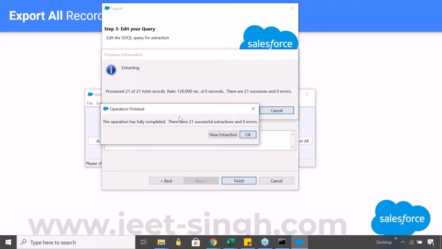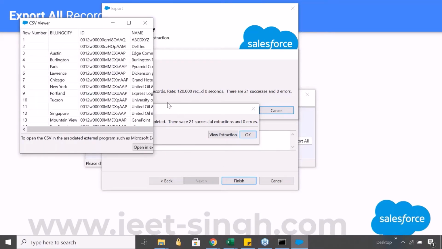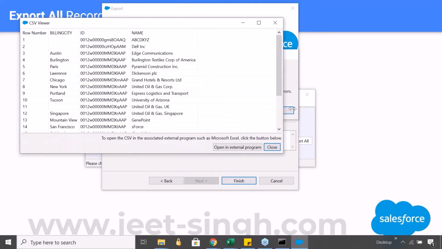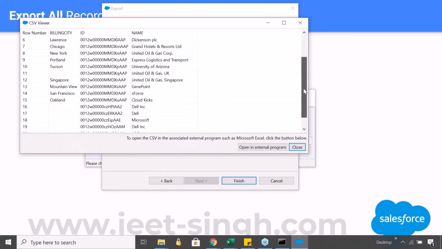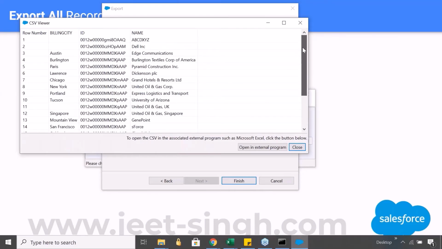So 21 records got extracted, meaning 21 accounts are there in the system. And this gets saved in your extract.csv in the location that you have defined. These are all the records which have got exported. You can actually open it from your extract.csv file also.